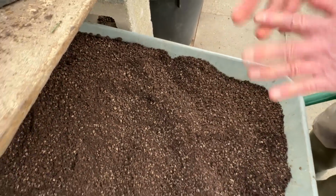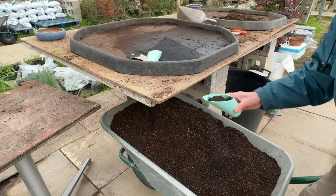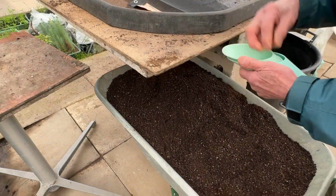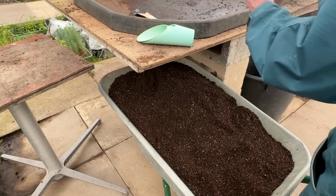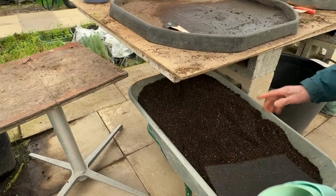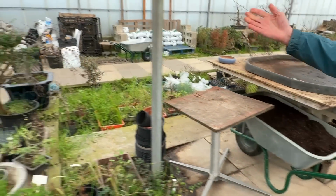And just to show you the ingredients that we use, and the scoops are used like this, so you can scoop it in to put it into a pot. So this is what the scoops are used for, and the mesh is for covering the drainage holes in the bonsai pot. I don't need to show you how to put it on the pot, but let's show you some of the